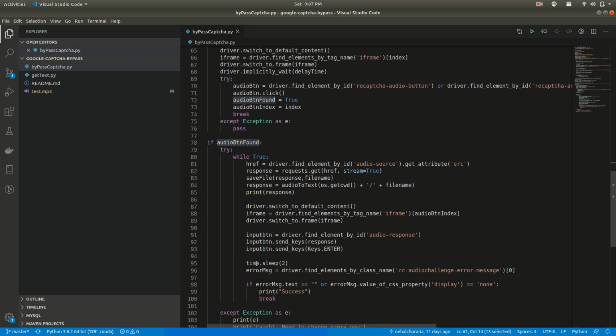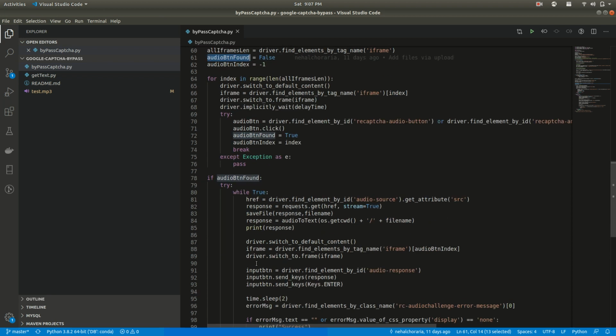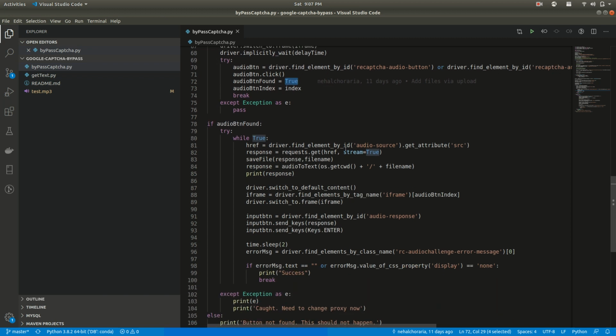That should generally not happen, but in case it does, something needs to be fixed and you have to debug it yourself, but in most cases this does not happen. In the next few lines of code we perform the audio click, and once the button is found, we extract the mp3 file from there.